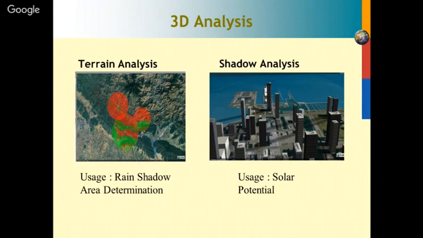Similarly, the terrain analysis or the rainflow analysis talks about which areas are rain shadowed areas. Accordingly, that can be used to do estimations or planning for different water resources. There are also cases where we need to identify the solar potential of each of those buildings,